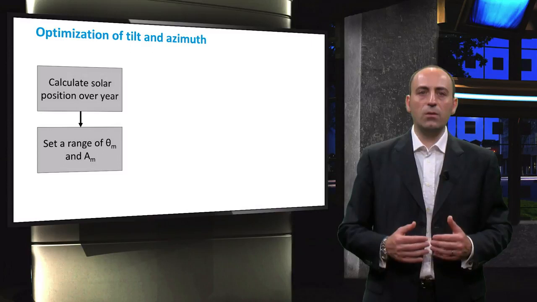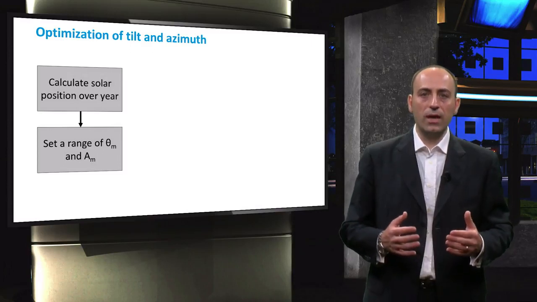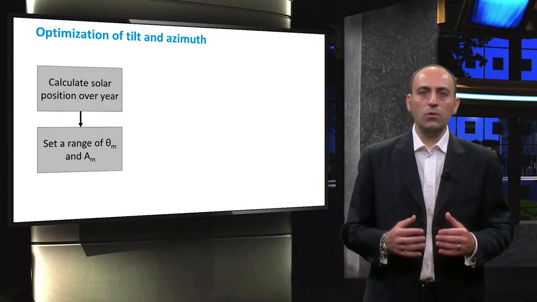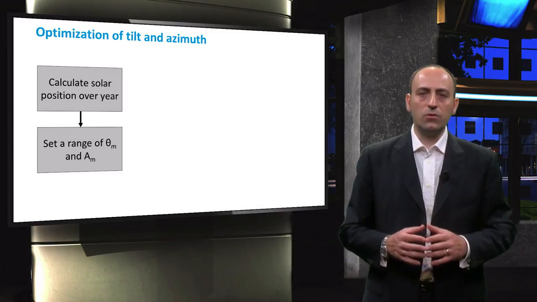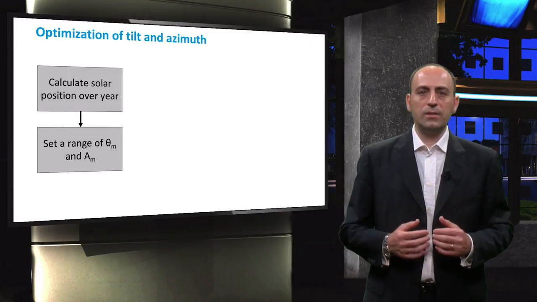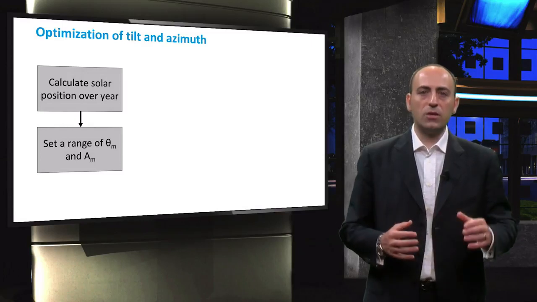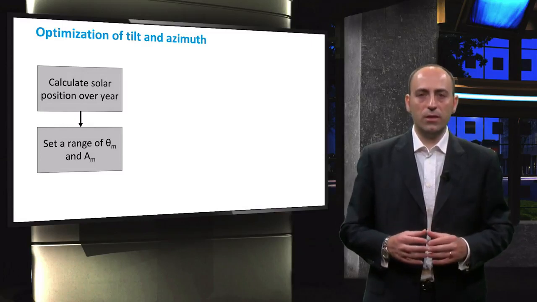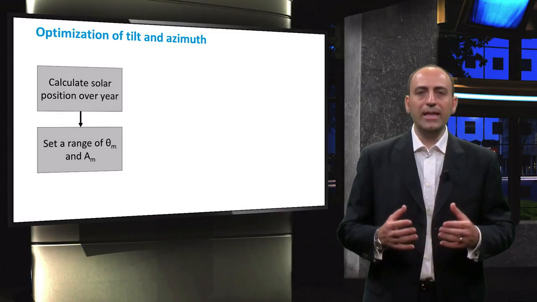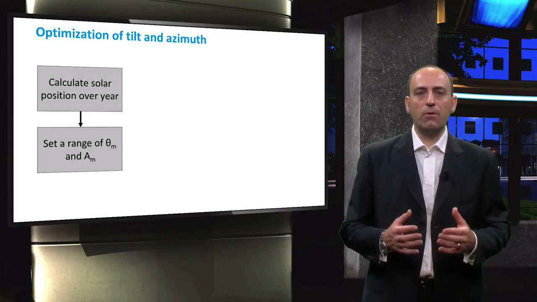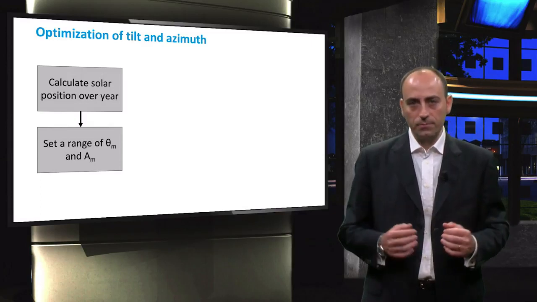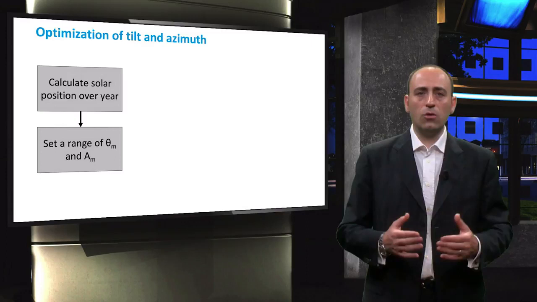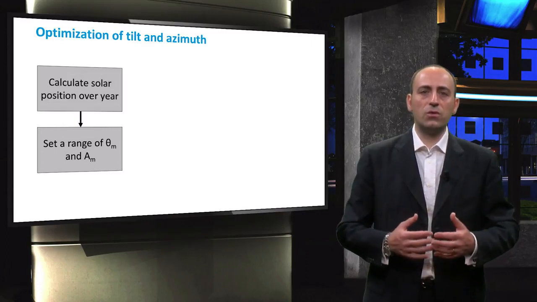you have to decide what range of tilt and azimuth angles to investigate. If you want to consider all possible angles, the tilt angle will range from 0 to 90 degrees. The range of azimuth angles can be the complete circumference of 360 degrees. Generally, you can limit the azimuth range to the path of the sun through the sky during the day, so from east to west. It is true, however, that over the last years there is a trend to install modules